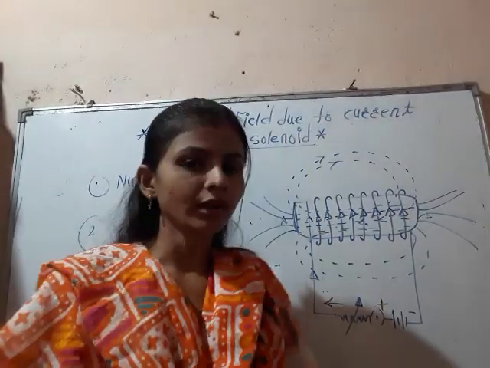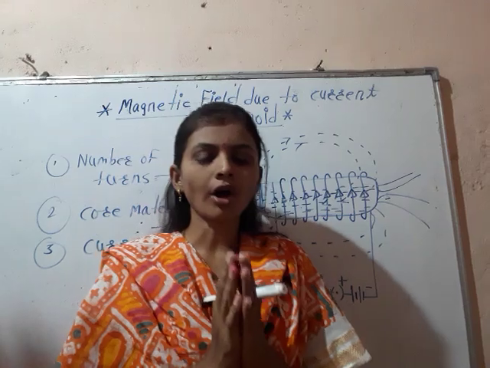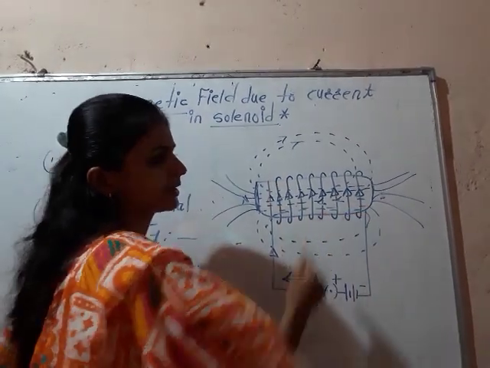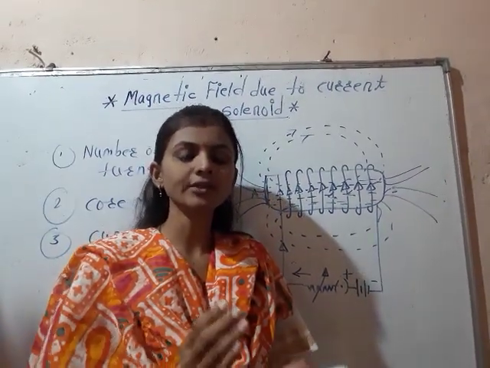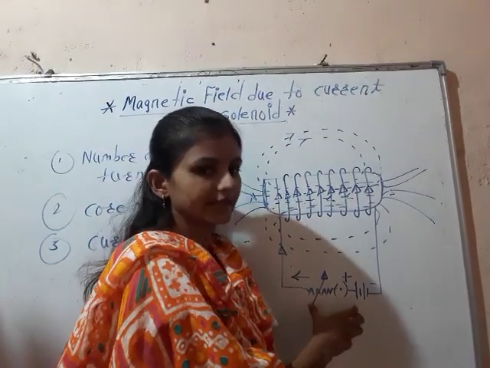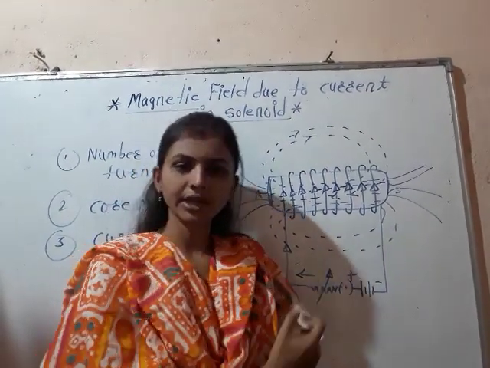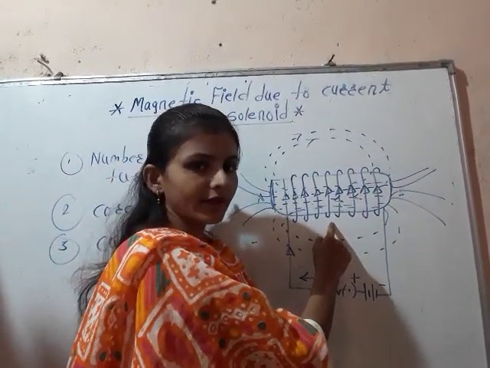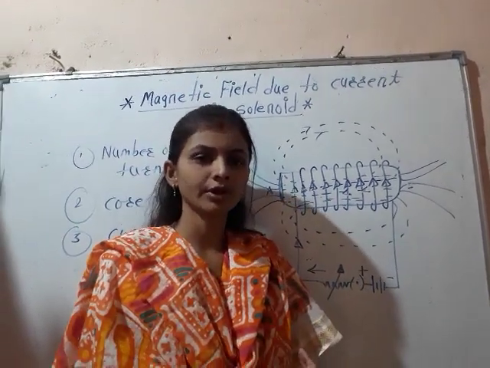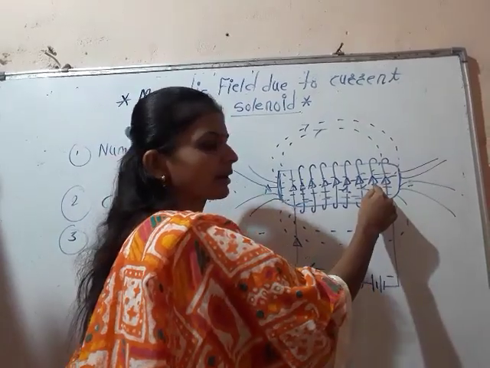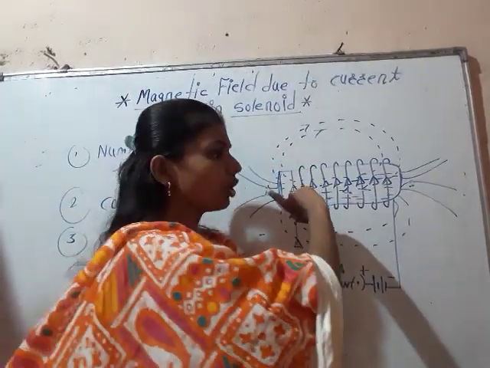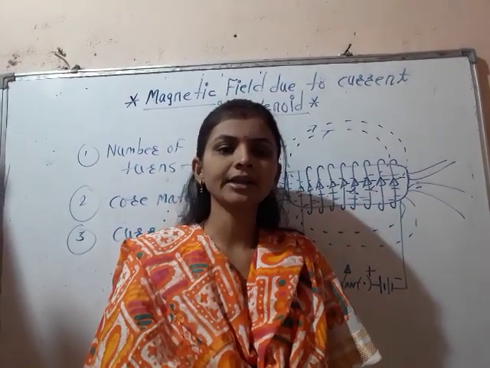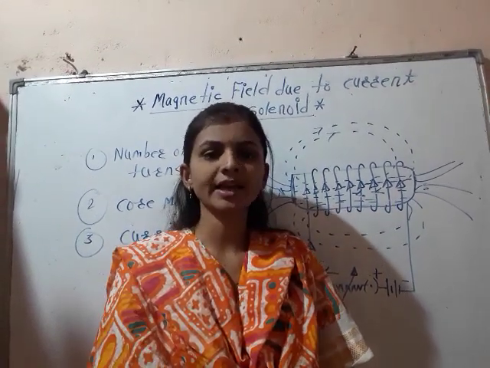Once again, you just see, solenoid means that when an insulated copper coil is wound around a cylindrical body, that is known as the solenoid. When we give the electrical supply to this solenoid, the current starts to flow through the circuit, and it behaves just like a bar magnet, and it starts to produce the magnetic field around it. The magnetic lines outside the magnet go from north pole to the south pole, and the imaginary lines inside the magnet go from south pole to the north pole. It is the same as a bar magnet.